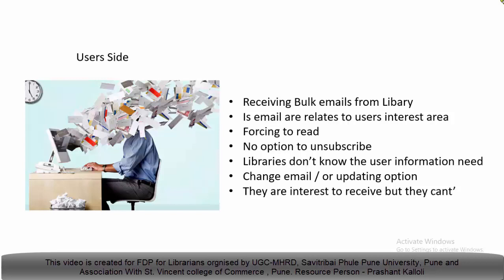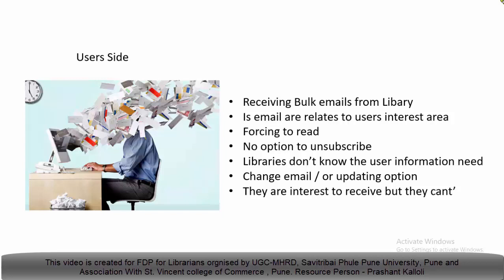Users also have no option to receive emails from categories of email topics. We never create email topic categories. We are sending class-wise or category-wise emails to students, maybe teachers groups, class-wise groups, but we never create email topics such as a new arrival email group, maybe a journal alert group, maybe a science and technology alert group. We have to make such lists and give students the chance to add themselves to them. There is no such provision.